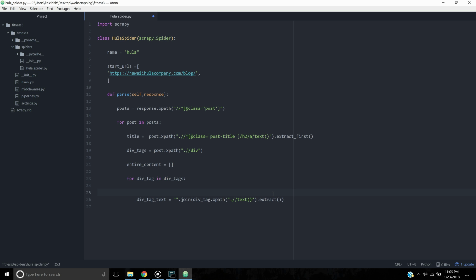Why not we add comments, because it is getting to a point where we are not able to understand, right? Get the div tag text. This is what it's doing. Once you have the div tag text, all you do is append it to the entire content of that post. So entire content dot append div tag text, right? So just add it to the